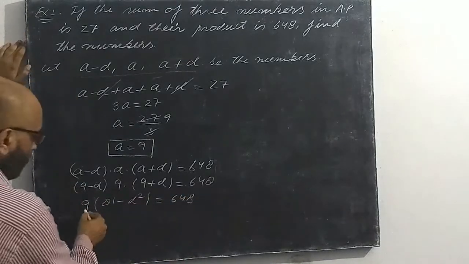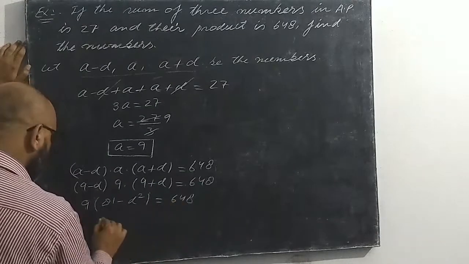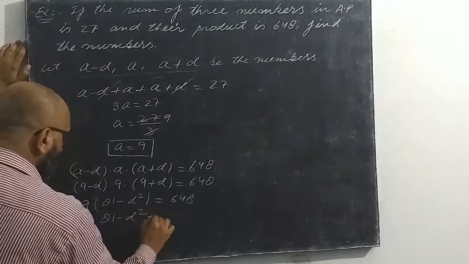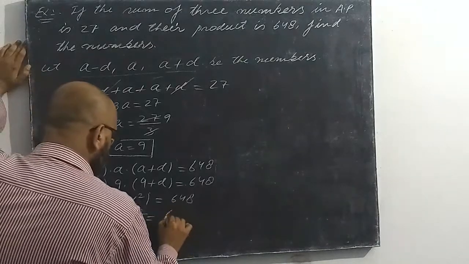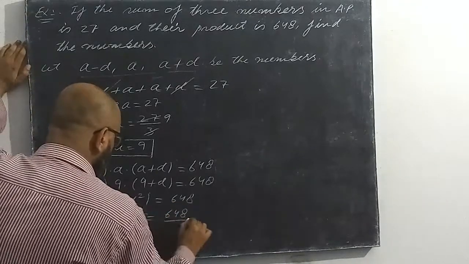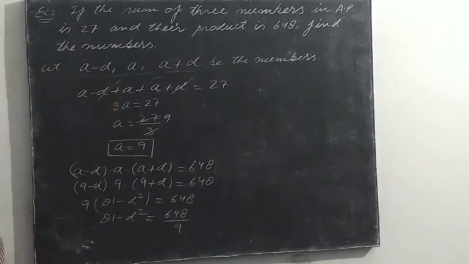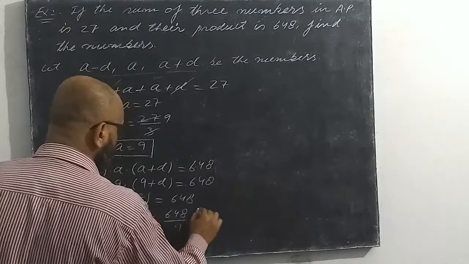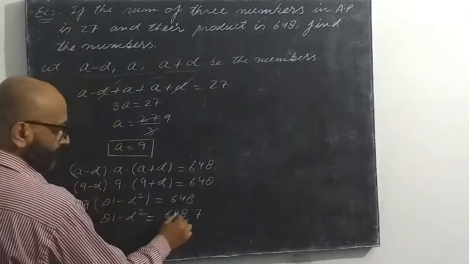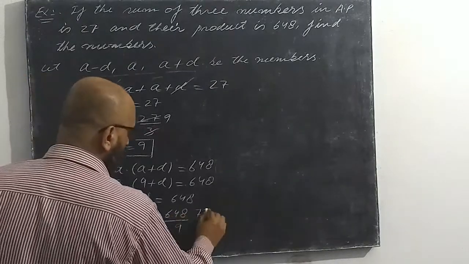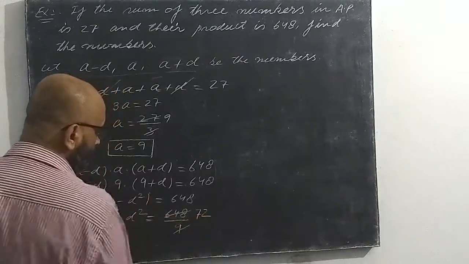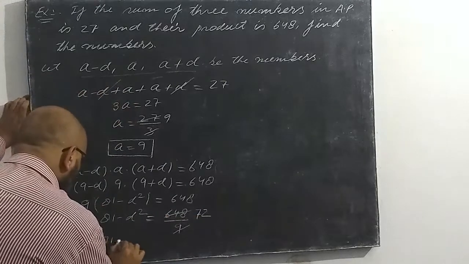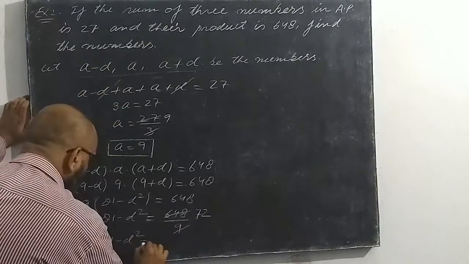Now transposing 9 to that side, 9 will divide the right hand side. 81 minus d square is equal to 648 divided by 9. So divided by 9, 9 sevens are 63, 18 are left, 9 twos are 18. So 72 times it will divide. And now 81 minus d square is equal to